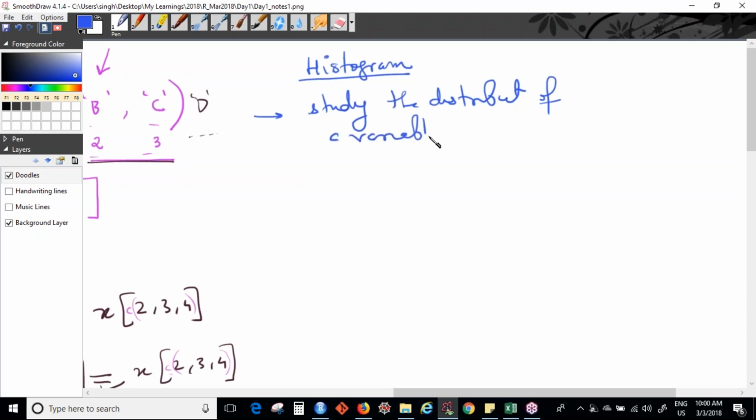It is used to study the distribution of a variable. Okay. How is a variable distributed? To study that, we use a histogram. Okay. So for example,